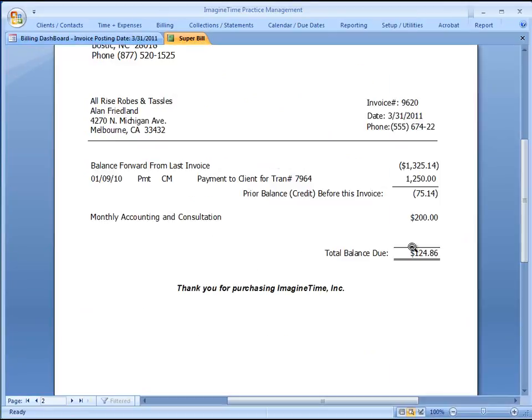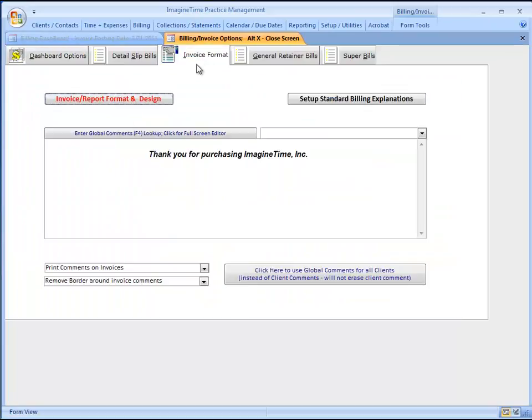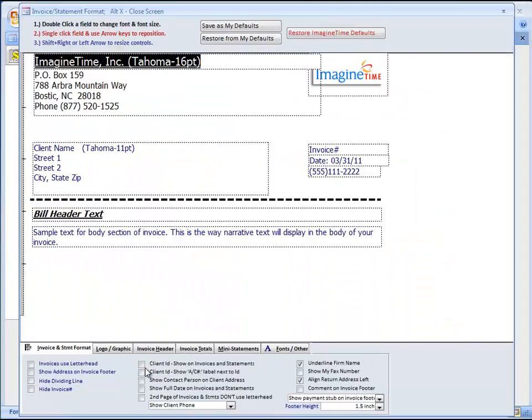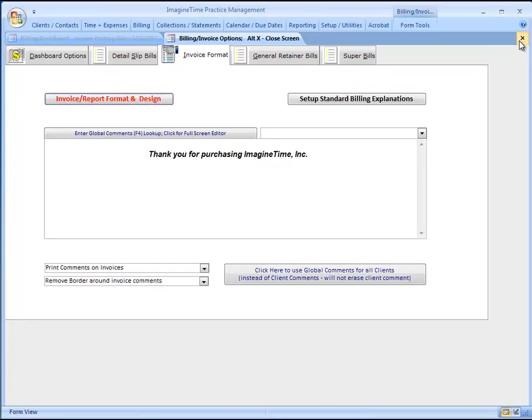Now, some of the clients may have balance forwards, some may not. If you want that to auto set in your billing options, check this auto set balance forward information. You'll also want to pay attention to your invoice format. Some folks like to have mini statements, which shows the balance forward with some activity. Others just want the balance forward. So you have some flexibility as to how to present the balance that's due the client before the current service